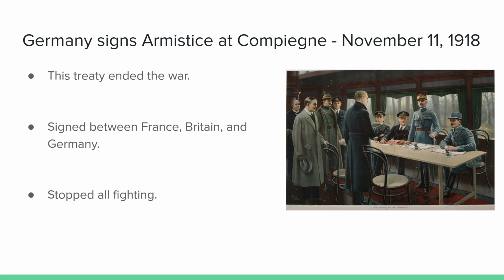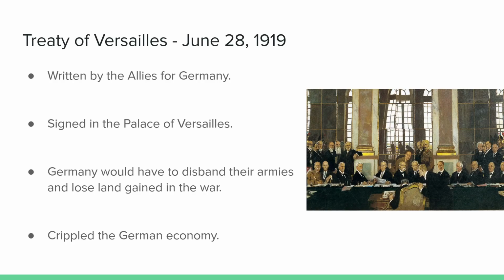Treaty of Versailles, June 28, 1919. This treaty was for Germany and was written by the Allies. It was signed at the Palace of Versailles. Germany had to accept responsibility for the war, and they lost 68,000 square kilometers of land, and they had to disband their army, and this would